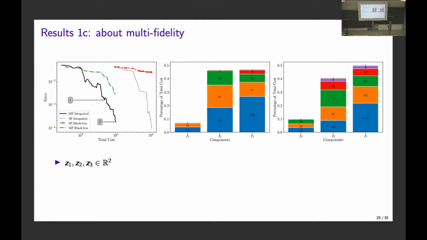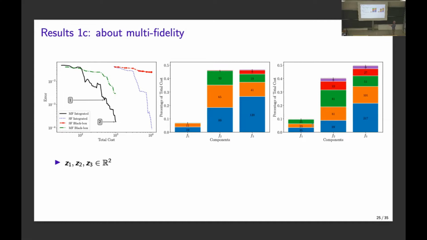This is about multi-fidelity. So this, again, I swept under the rug, but I can also have a multi-fidelity version of that analytic example. There are some parameters that I can tweak to make it, in a sense, multi-fidelity. So this is the convergence of black box single fidelity, black box multi-fidelity, single fidelity open box, multi-fidelity open box. So our approach is the black, and the single fidelity black box would be here, the red.